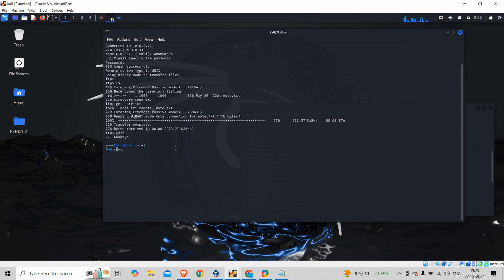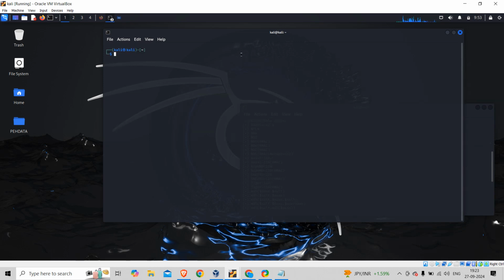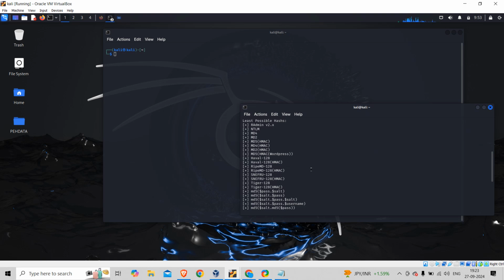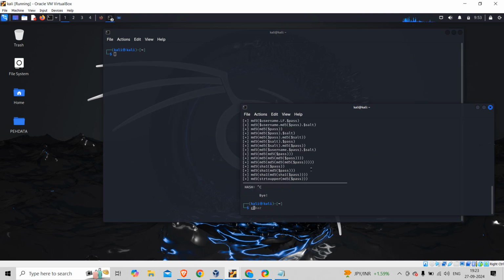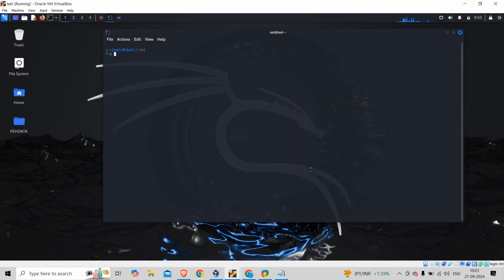Now I'll type exit, because we can't get much info here apart from that node.txt. We'll clear this terminal, click exit, and that's it. Now we will try fuzzing. We will try to do fuzzing to get more details about the website. For that we are going to type